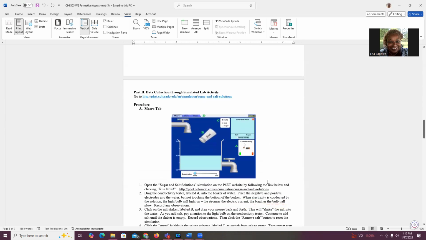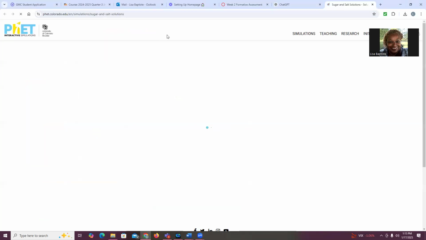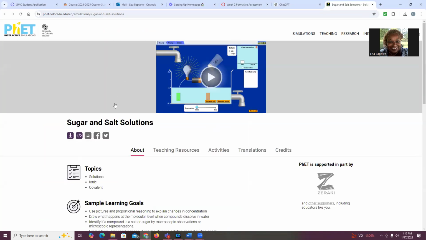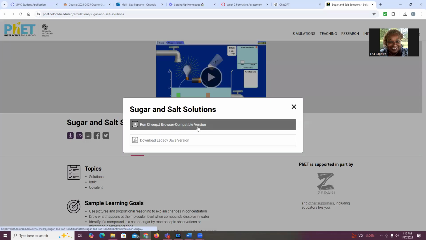And then you have a lab simulation. For the lab simulation, you would click on this, but it says to hit control and then click on it, and you should have your lab simulation pop up. Very important that you make sure that your pop-ups are enabled for your particular device that you're using to do this lab. And so you want to hit play, and you want to run,